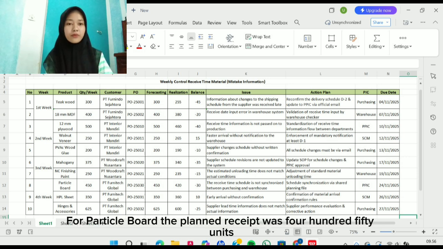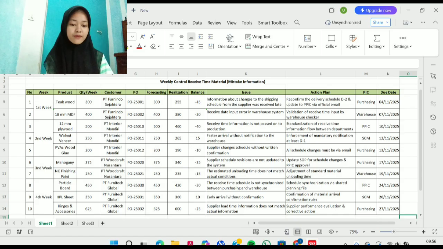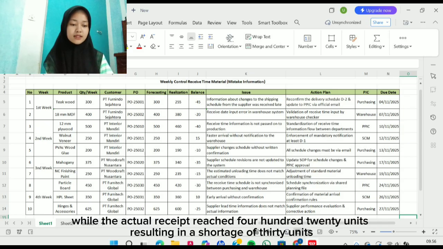For particle board, the planned receipt was 450 units, while the actual receipt was 420 units, resulting in a shortage of 30 units.